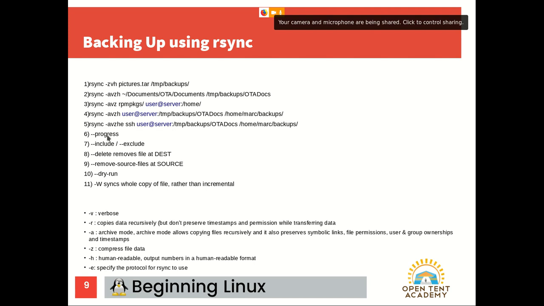Okay, so progress, it'll show you a progress bar. Include and exclude: if you want to ignore certain files, exclude certain types of files, certain directories, things like that, you can do that. Okay, delete removes files at destination. So that means if you need to bring something and then delete it, it will bring everything over and delete it. And then if you want to clear your computer from whatever it is,